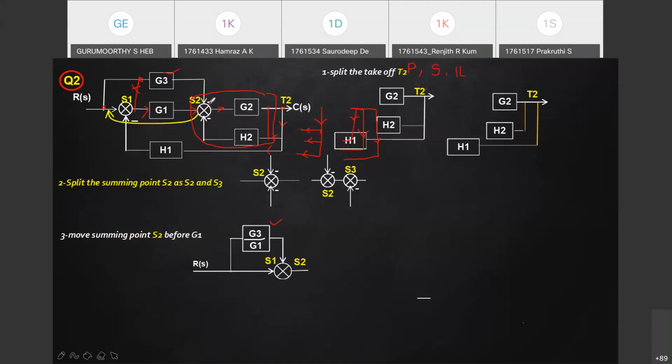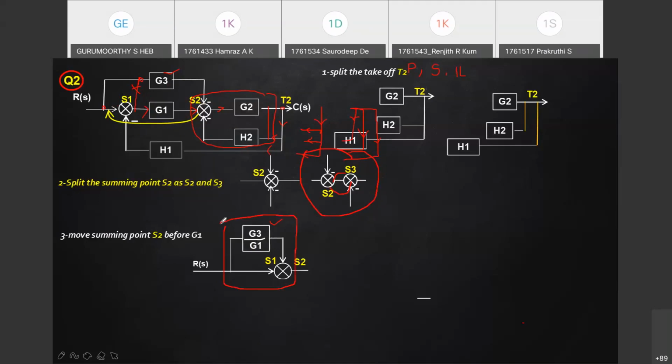So if you bring this S2 before here, and then interchange S1 and S2. S1 and S2 can be interchanged also. If you see any summing point like this, you can interchange. You can bring S2 here, you can bring S3 here. After bringing S2 here, and it is brought one step further, we don't call it a separate operation. Shifting S2 after S1 is just an interchange, because no value is coming in between. So this will serve you as one particular loop.